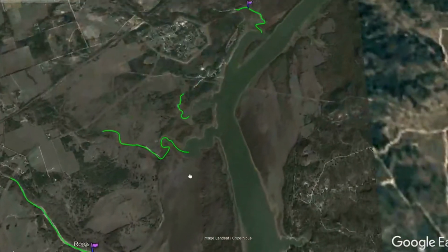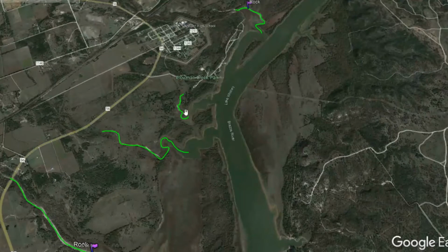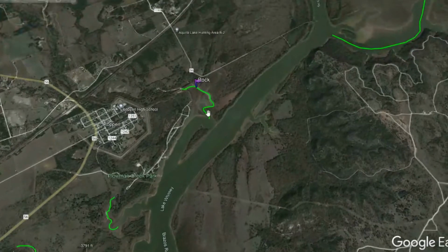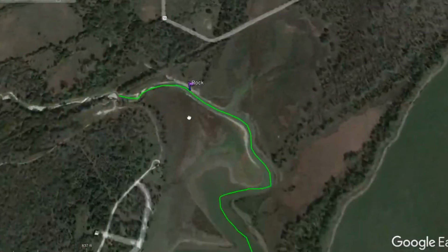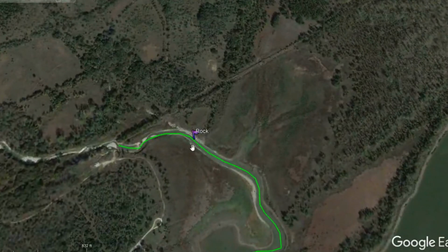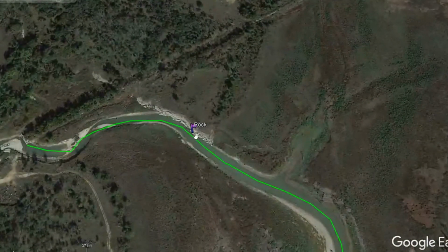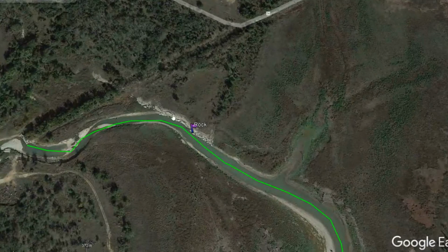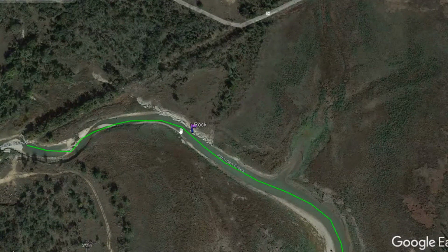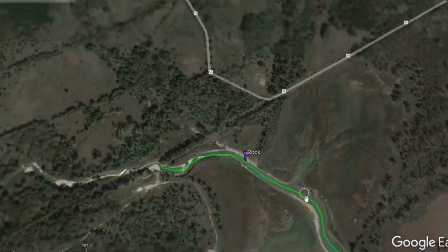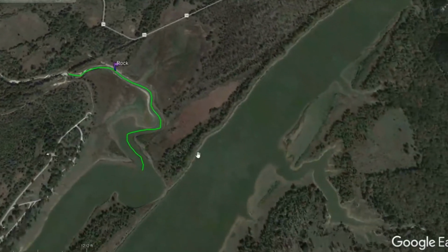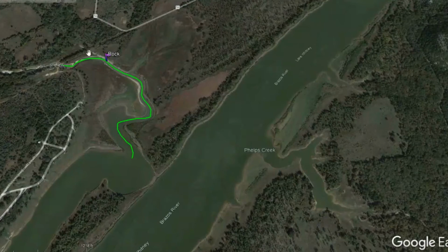And then moving up here, just a couple more creek channels to show you guys. If you wanted to get up in there and fish this area, these rivers are always fun to fish. You got another creek channel up there. Some more rock, it looks like up on a bend. Let's see what that is. Yeah, so right there you can see where there's rock. So those are going to be hot, prime areas, creek channel swings with rock and pretty much nothing else around them. I don't know if the water gets up high enough in that area or not to get back in there,